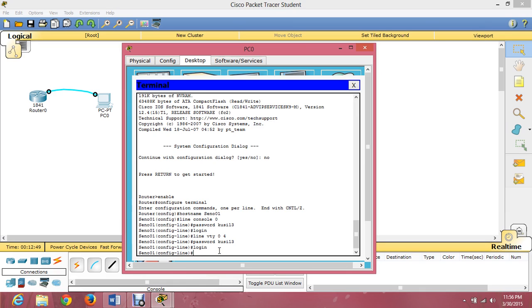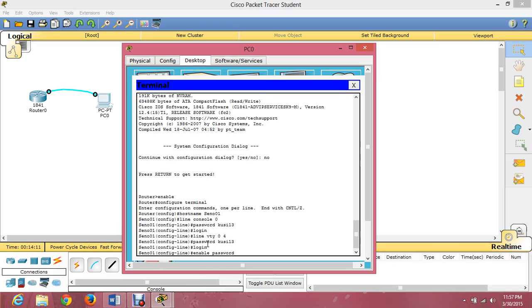To provide security by an encrypted password when switching from the user execute mode to the privileged execute mode, we should be in global execute mode. And now we have entered the global execute mode. To provide the password, we just type enable password, space, our password.